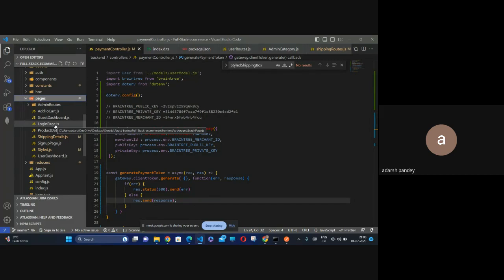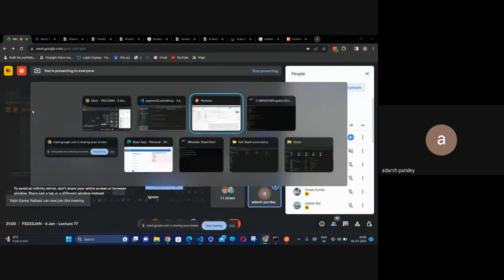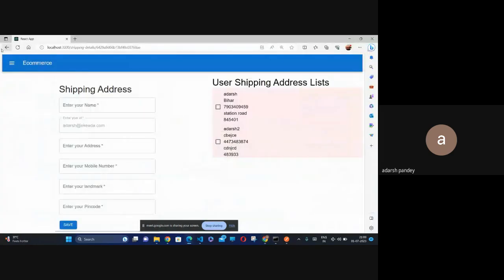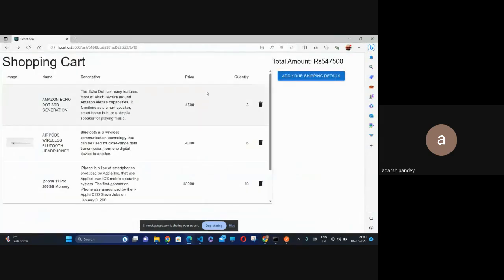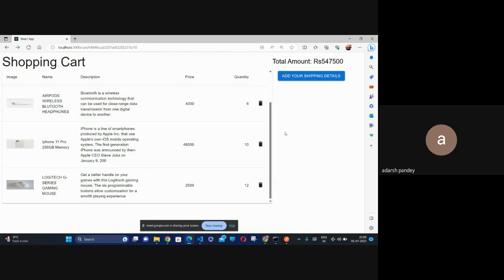I have the front end, and let me just go back, and instead of showing this add your shipping details, we are going to use the payment stuff here. Does it make sense ना, कि कार्ट पे जब तुम ऐड करोगे वहीं से पेमेंट की तरफ जाते हो ना।